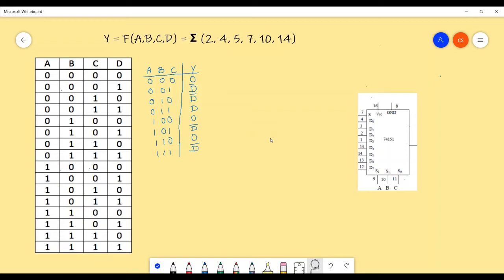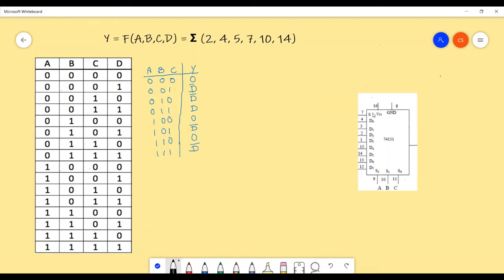Well, moving on. I have just copied down the required truth table which I solved in the previous part. That truth table is copied here, and I have also taken the 74151 IC. As I told you, my 74151 IC will have 8 data inputs and 1 select input, which can also be called the enable.